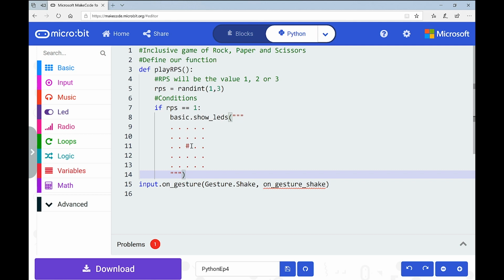So right now only this LED light here is on, so I'm going to make a little square of LED lights. Now you might do something different here, by the way, which is the beauty of coding. It's completely up to you what you create. You might not even use LEDs at all. You might use a string. You might use, I don't know, a pre-made icon. Completely up to you. But I'm going to just make a little square here by changing my full stops to my hash symbols, and that should mean that that is now on.